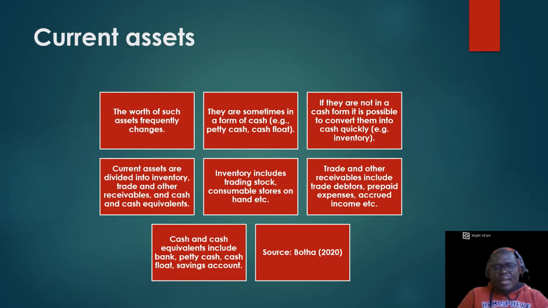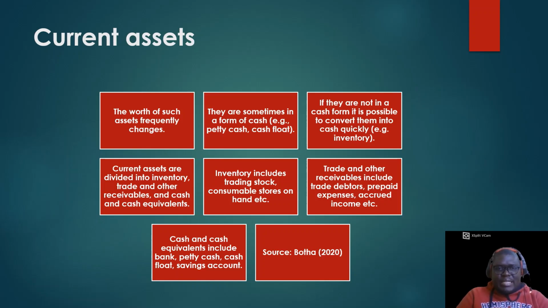And then another thing is that current assets are sometimes already in a form of cash. You can look at things like your cash float. Cash float is not a lot of money. That change that you use when you sell to people. You can look at your petty cash, that cash that you use to spend on small items like tea bags, paying people who are earning on a weekly basis. Let's say if we have a gardener whom we pay 100 rand per week, or maybe 200, we can take that money from the petty cash and pay that person. And then another thing is that